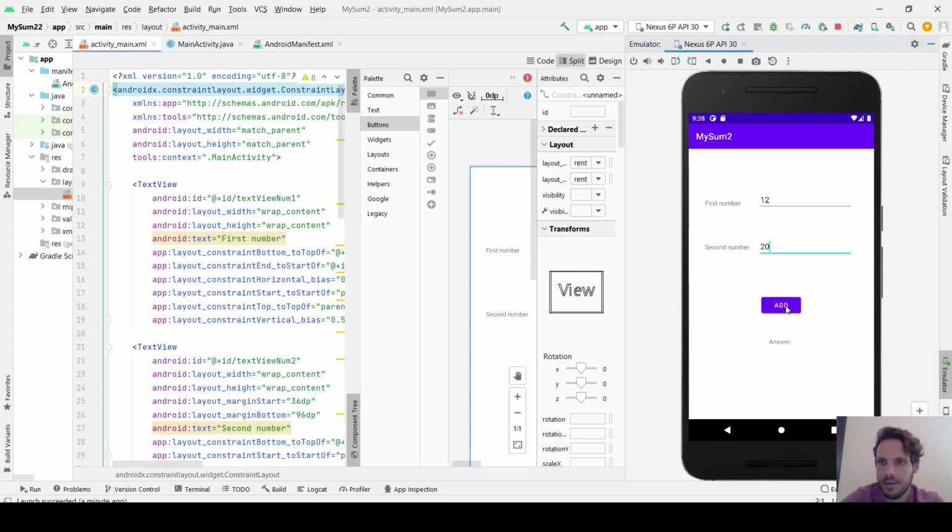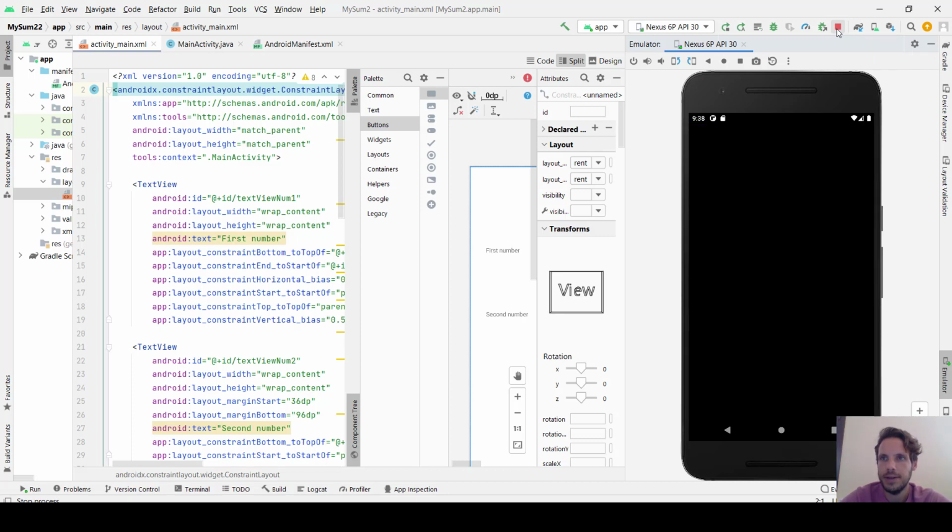But if I click add, nothing happens because we haven't coded anything yet. Okay, now we will do exactly that. So we close the emulator,